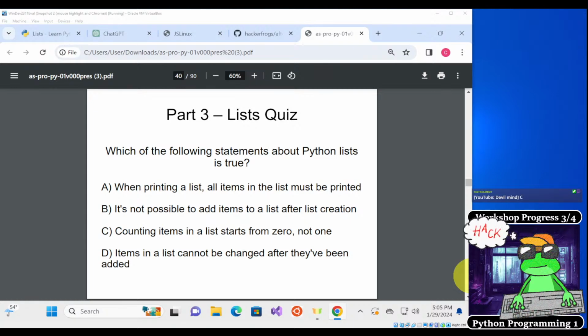Okay, Devilmind has the answer. Gina Griffin has typed in an answer. Hatchie has written an answer. Layla Foster, answer. Okay, great. Let's go over which one of these is true.